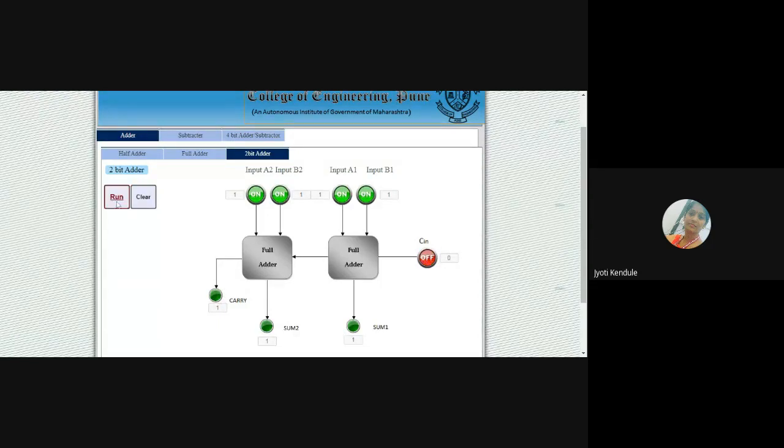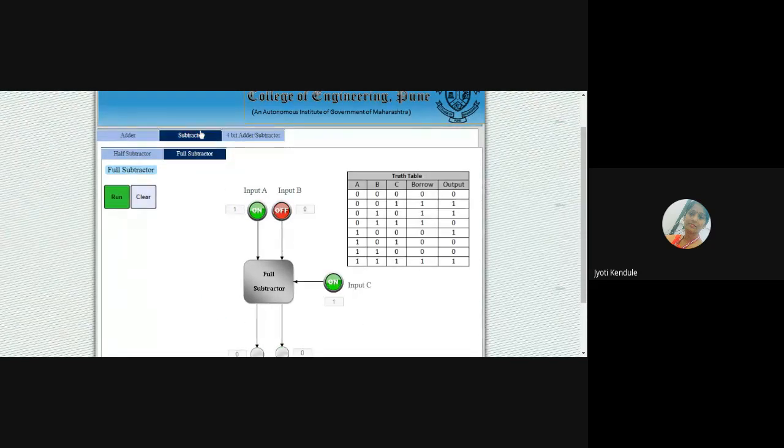If I will not consider this, इथे येणार 0. 1 plus 1 काय? 1 plus 1, 0 with carry 1 येतं आपल्याला. So 1 plus 1 plus 1, 1 with carry 1 येतं. So the LED glows. It's a simple type; all the different types of circuits are available here. With the help of that, we can do all the different types of simulations.